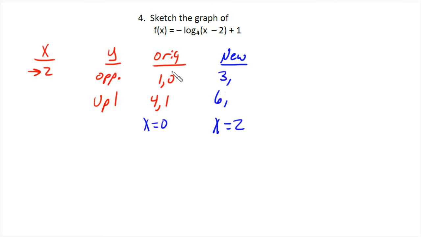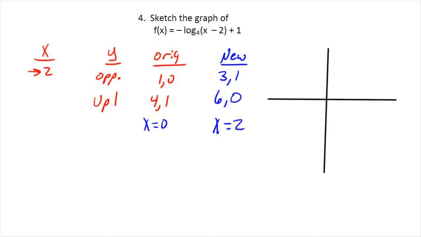Now, y's opposite of 0 is still 0. Up 1 from there takes us to positive 1. A y-coordinate, original y-coordinate of 1, make it opposite. That's negative 1, and then up 1 takes you to 0. So there's all of our information